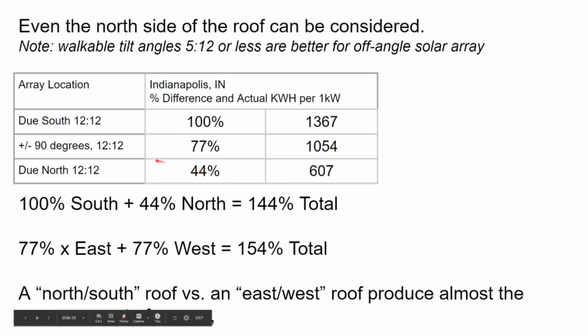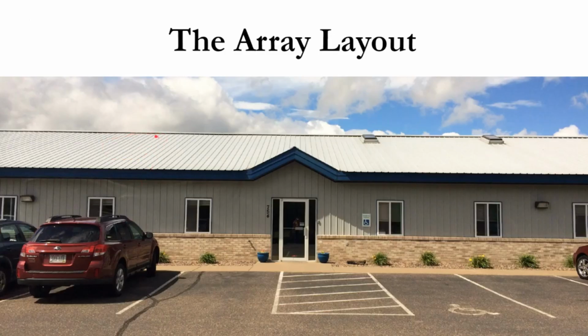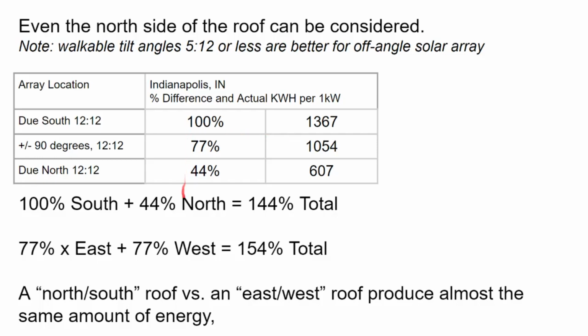Let's expand that philosophy to also consider the north side of the roof. A due north-facing array in Indianapolis, Indiana, at a 45-degree tilt angle produces 55% less than its south-facing counterpart. Combine the two roof surfaces together for a total unshaded yield of